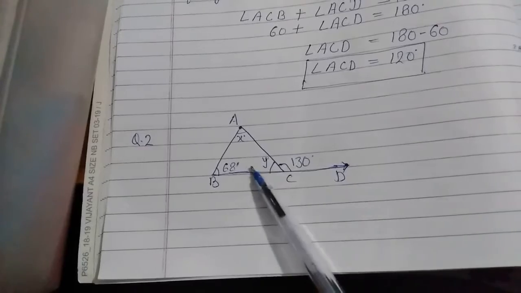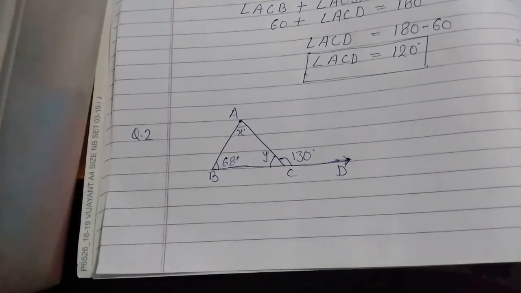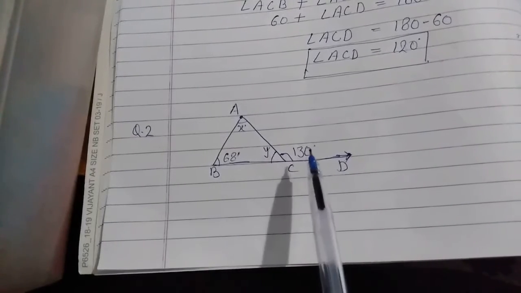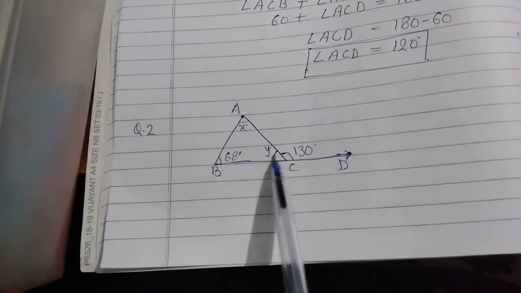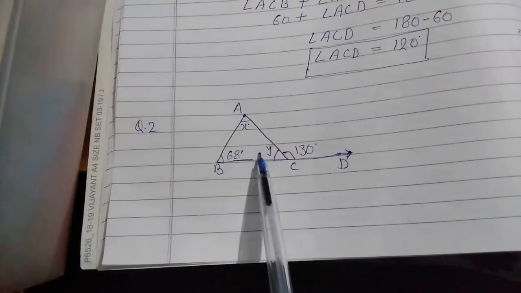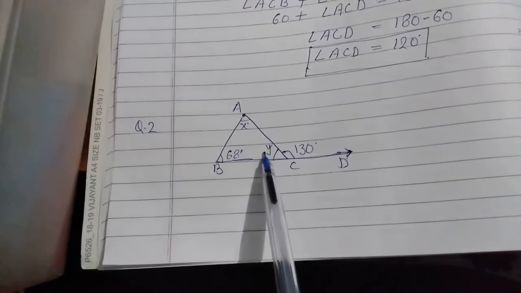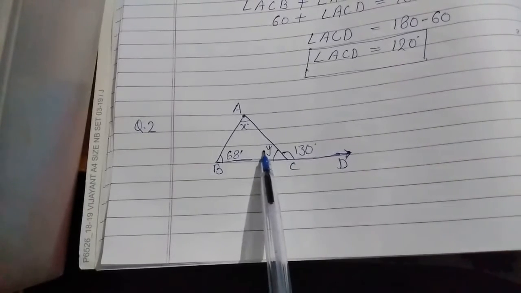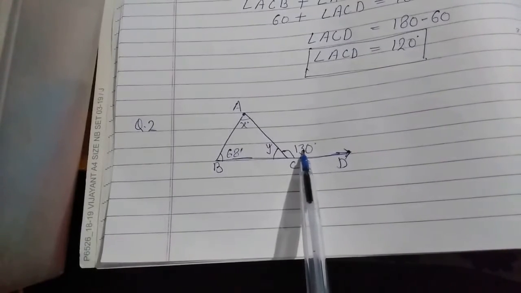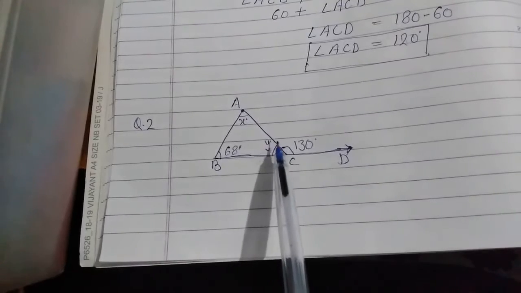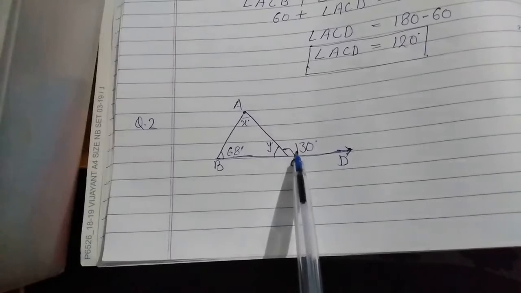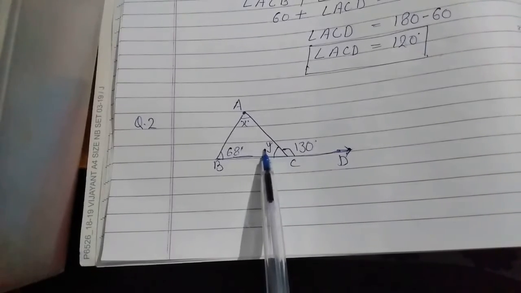This is our second diagram, that means question number 2. I am not going to solve it, I am just giving some hints about this. Okay. First of all, what do we have to do? Here the sum of angle C and angle Y is equal to 180 degrees. That means we will find angle Y first. How will we find it? We will subtract 130 from 180. After then we will find this Y. That means 180 minus 130 is equal to 50. So Y will become 50.